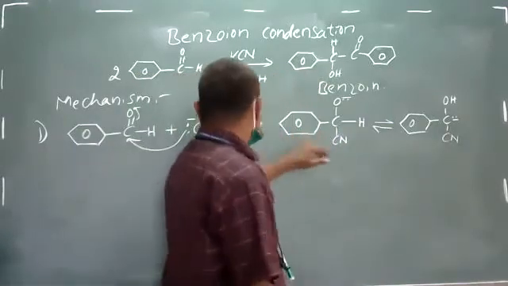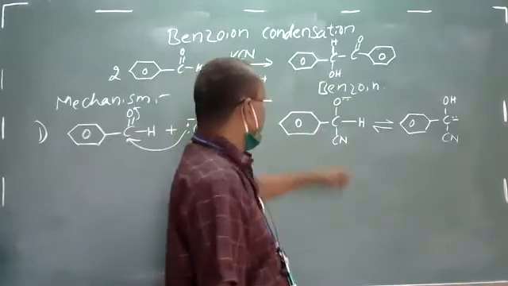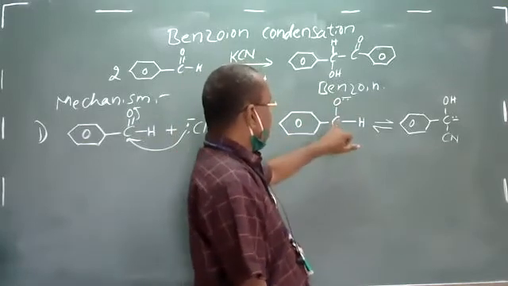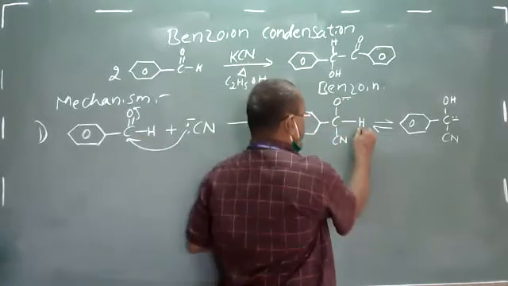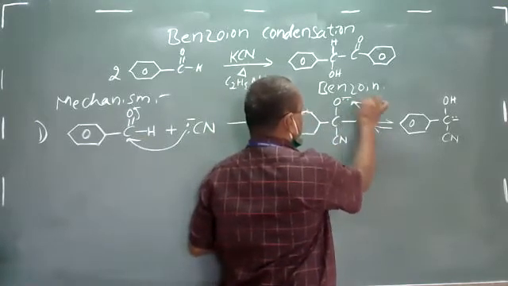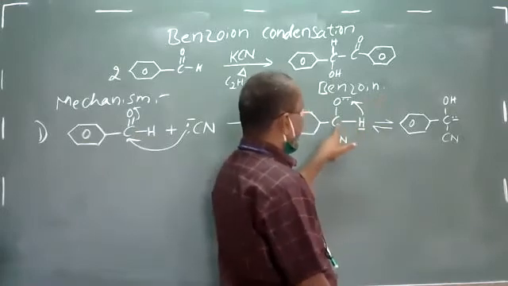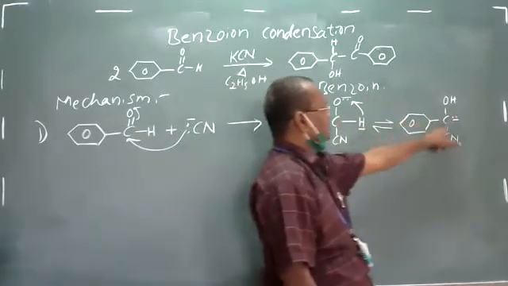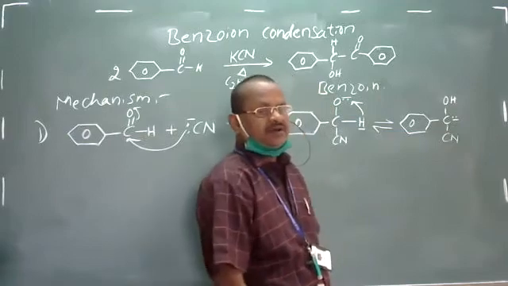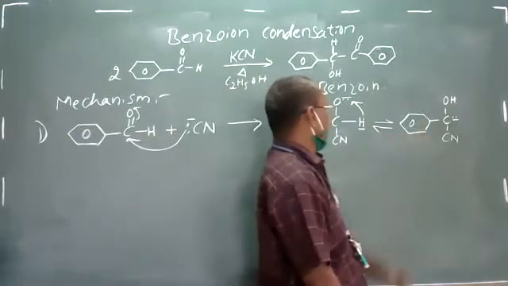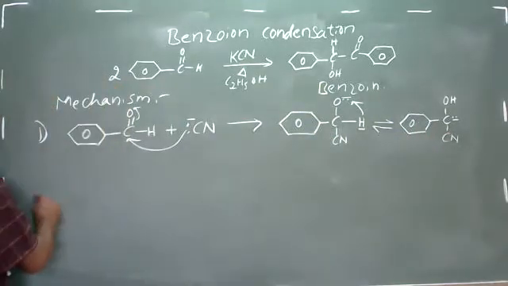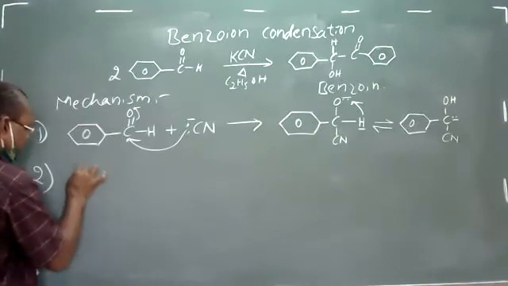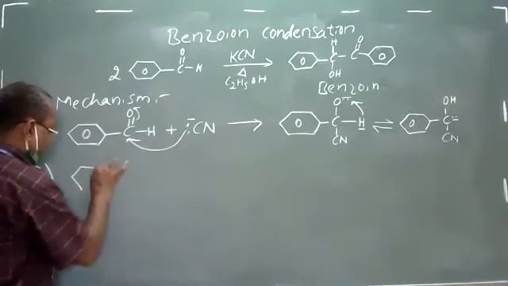So here, once that cyanide ion attacks the carbonyl carbon, it forms an oxide ion. This oxide ion wants to stabilize, so the proton which is there, the hydrogen, will shift from here to here, leaving behind the pair of electrons on this carbon only. Thus this carbon anion is formed, or a nucleophile is generated from this rearrangement. Clear? That carbon anion is going to attack the carbonyl carbon of one more molecule of benzaldehyde.